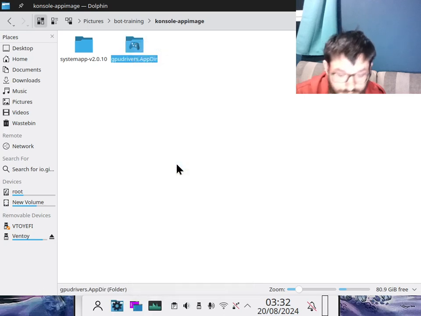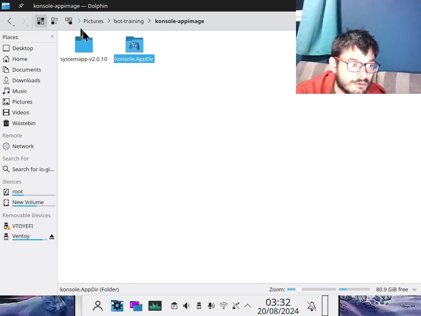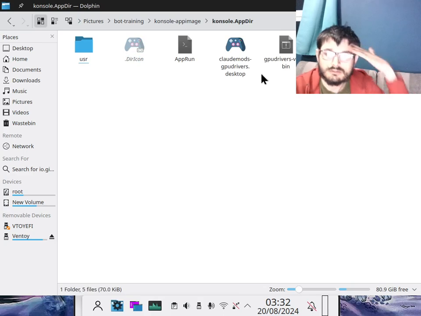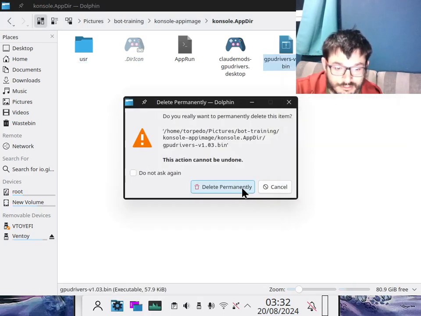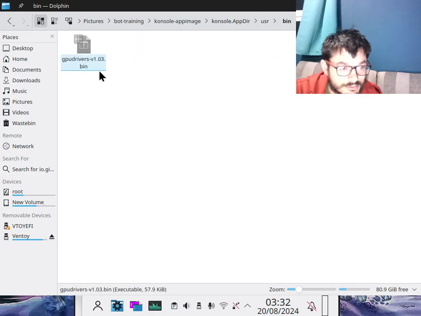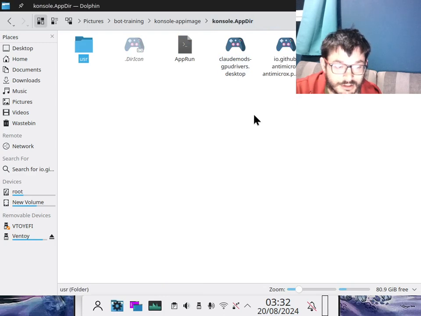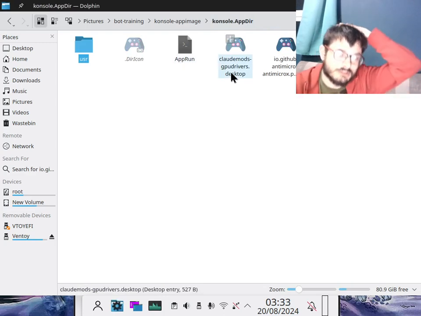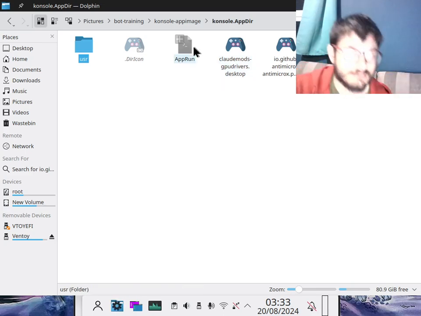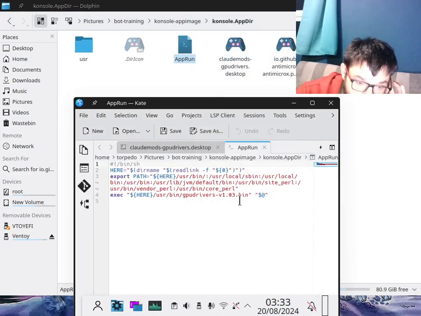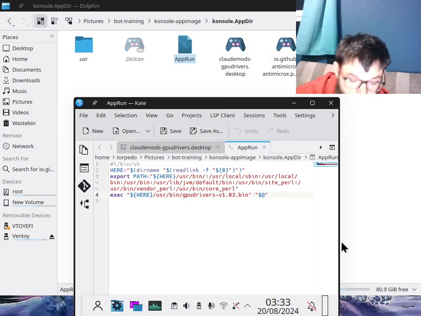Let's call this console. We can delete this now, because we're making something new. We've already got the app image. We can make the app image really quick. The console, we're going to need the console photo again. We're going to need to update this to what the name is. So the console itself, the number is 2.0